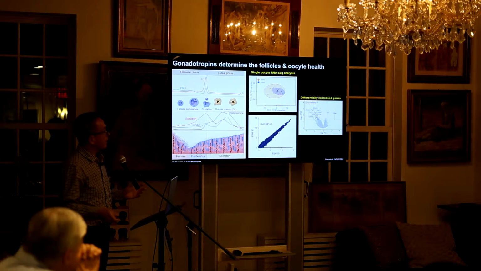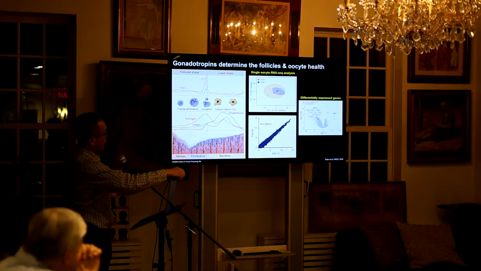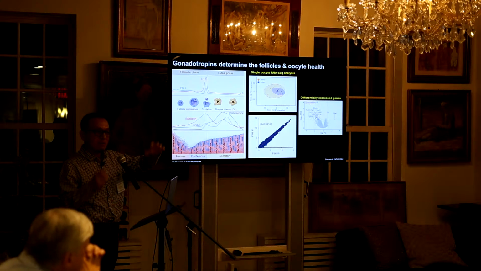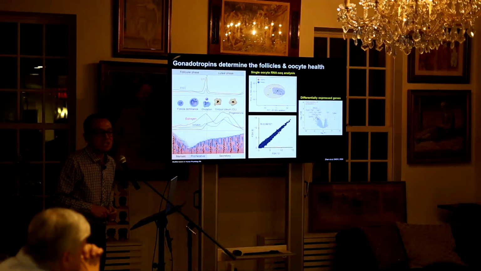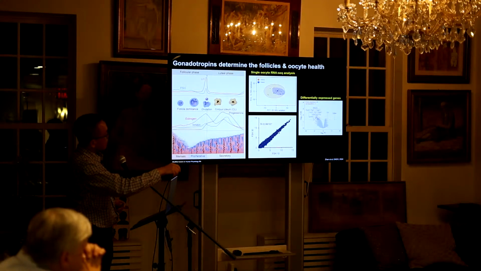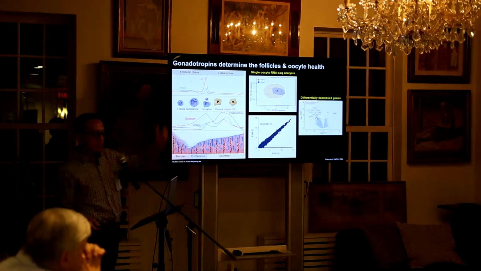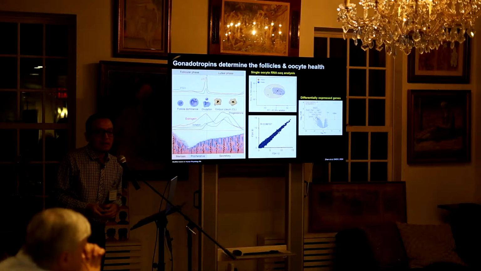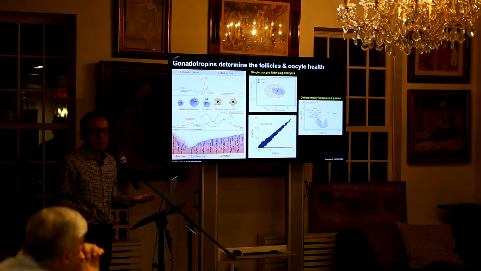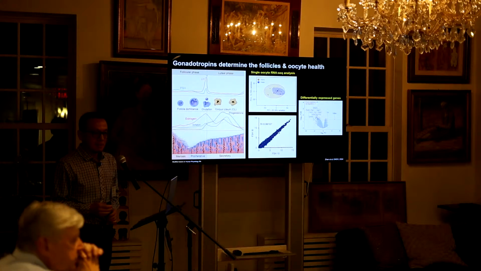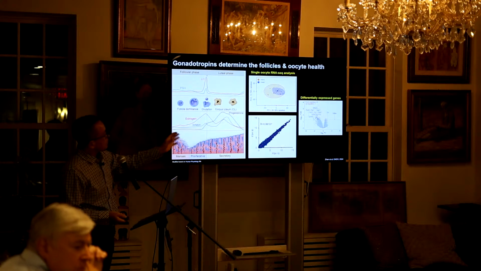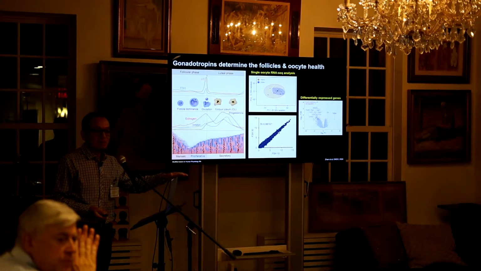They are very highly correlated between the male and the high level of the FSH. But interestingly, for the differentially expressed genes, most of them are downregulated. So high FSH will downregulate a lot of genes in the oocyte, and most of them are related to mitochondria and metabolism. So what we want to claim about safety is probably not very significant.